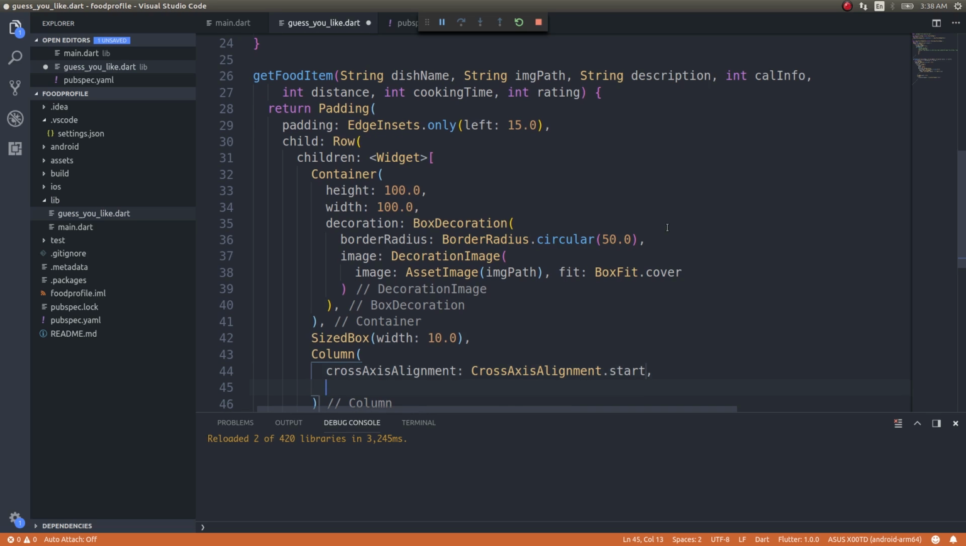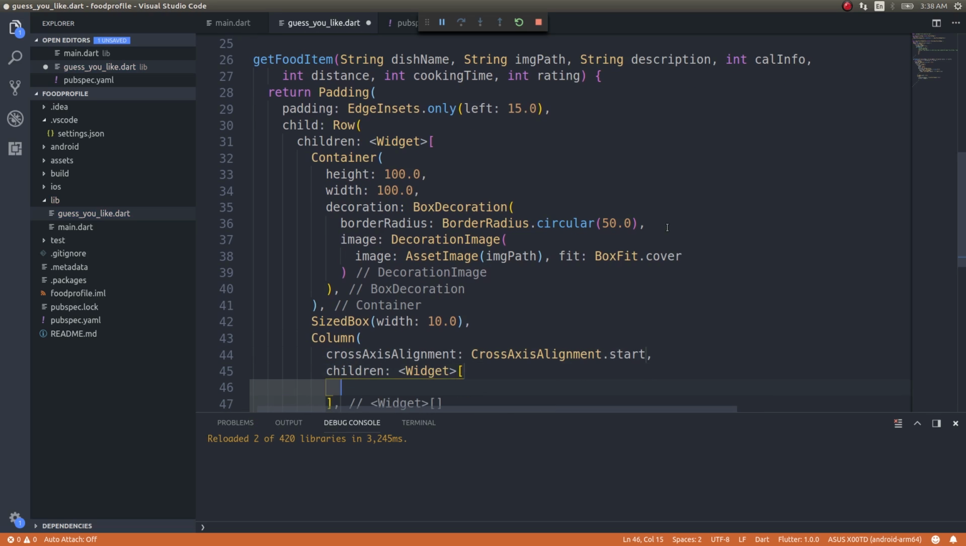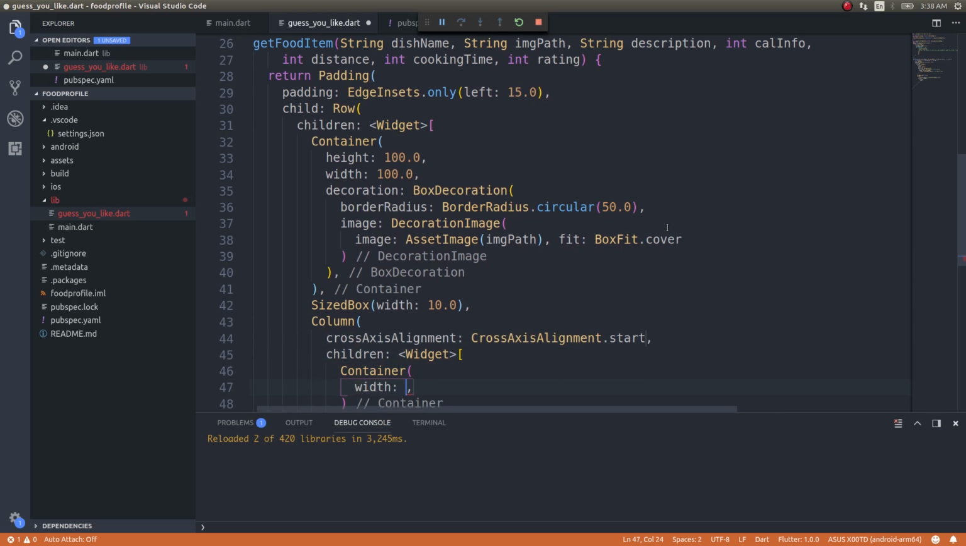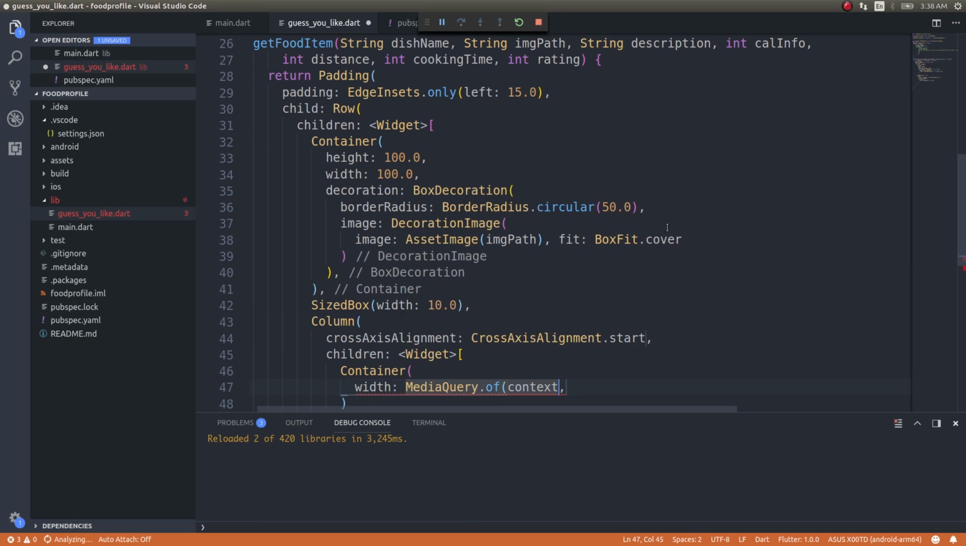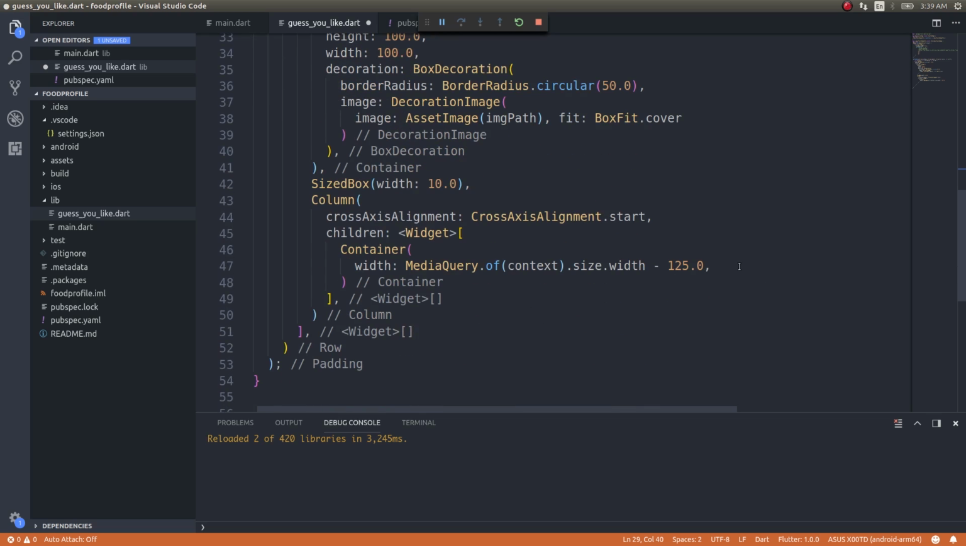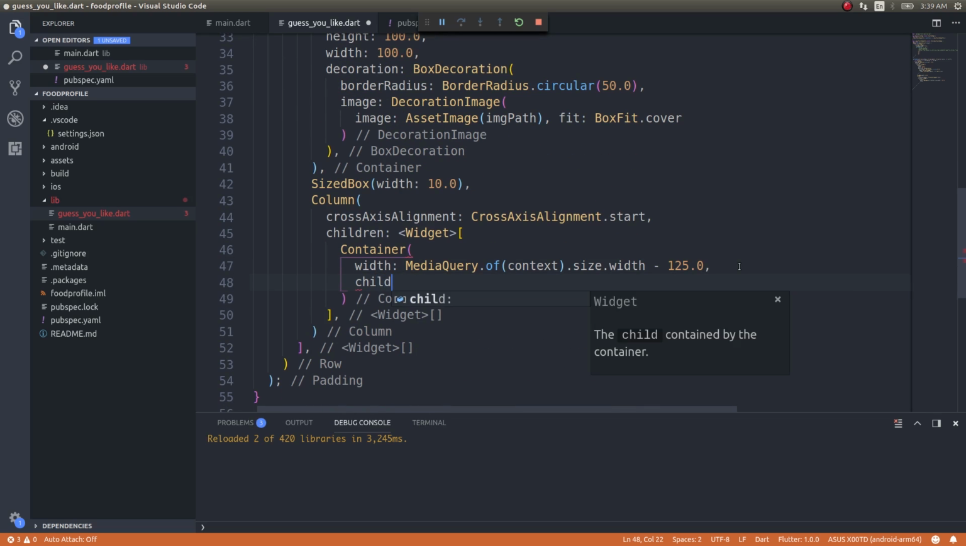Fine. After this I'll do the children widget. The container width would be MediaQuery.of(context).size.width minus 125.0. How did we arrive at this 125.0? There is left padding of 15 units, this width is 100 units, so that's 115 units, the size box is 10 units, that's 125 units. Okay, so after this, the child will be a Row,